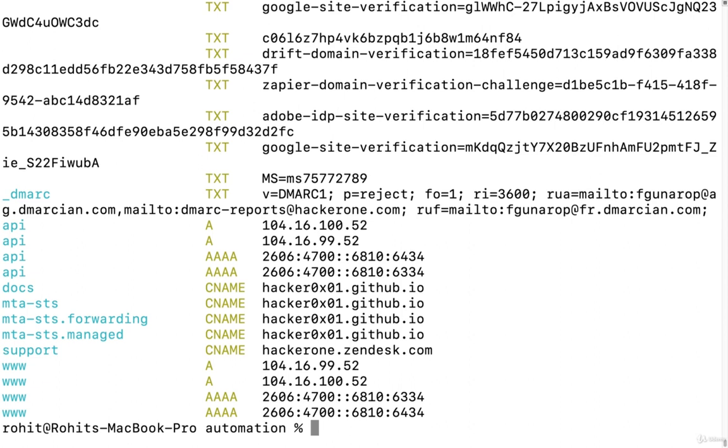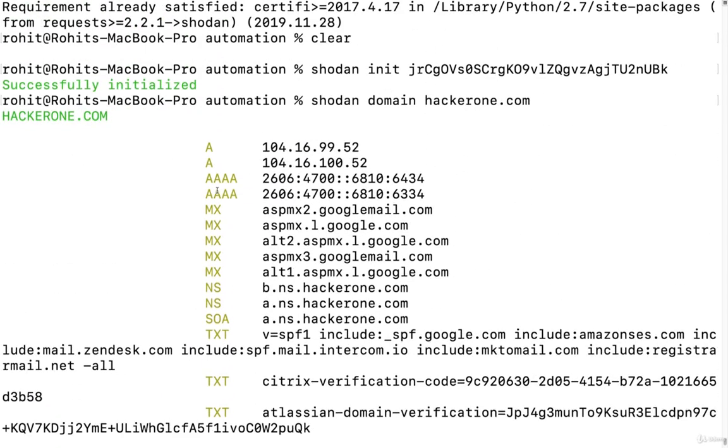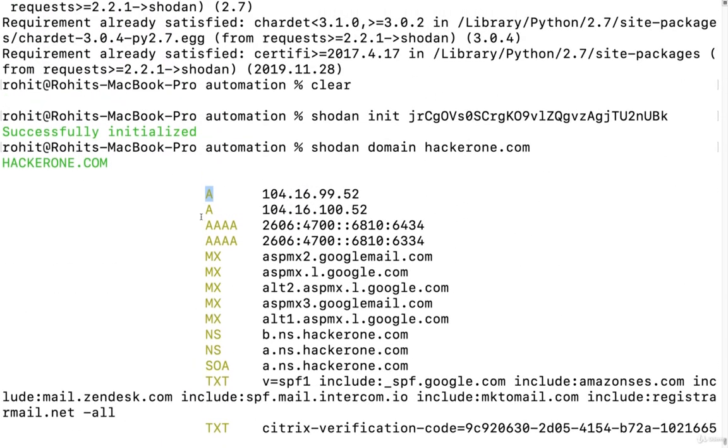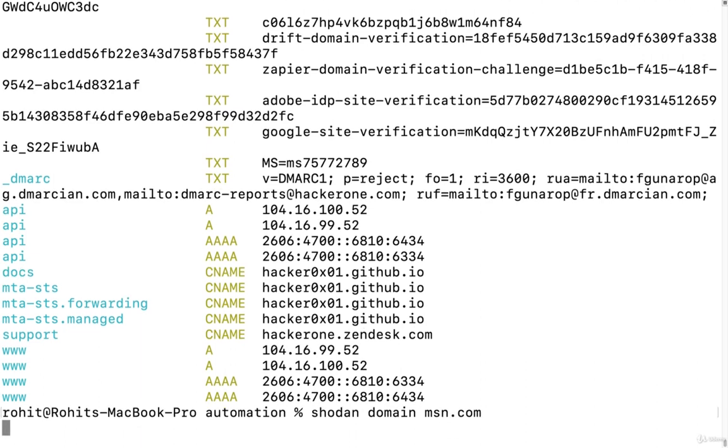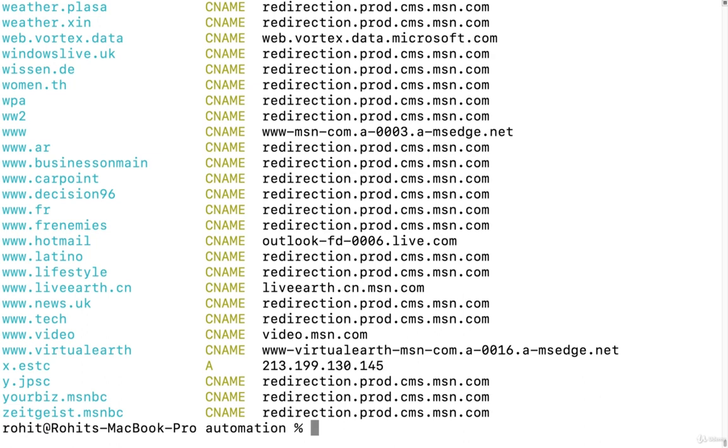And you can see we are able to see the DNS records directly over here. We have the A record, CNAME record, TXT records, and the A record as well for this particular target. All right, so let us change the target and see if we get the subdomains for msn.com. So basically it queries the DNS server, and after it has queried the DNS server, it will give you the results. As you can see, all the CNAME records,